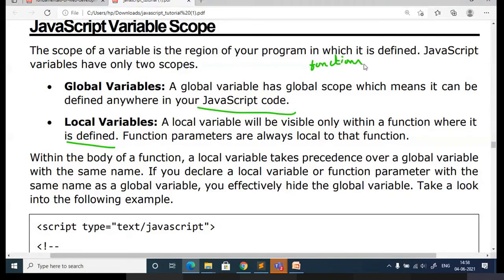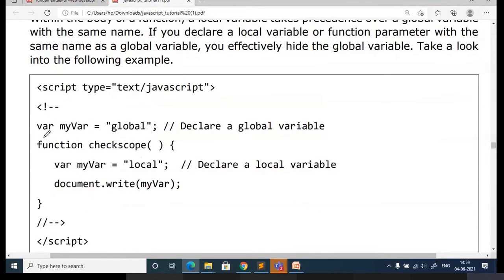If you declare variables and assign values within the function, it is local. If you declare a variable within the script tag outside the function, that becomes the global variable. You can observe here, this is within the script tag outside the function, so this is the global declaration and this is the local declaration.